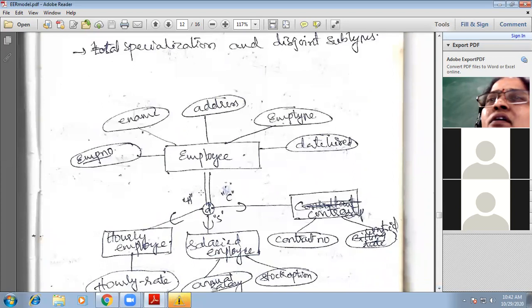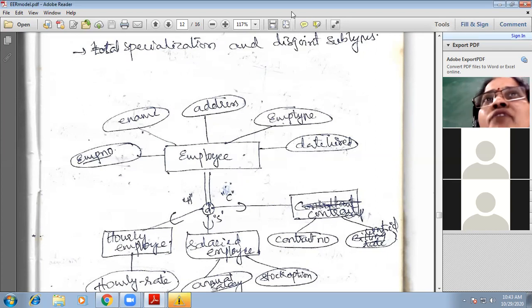For this employee supertype, we have the properties employee number, employee name, address, employee type, and date hired. Now, how do you know whether this particular person is an hourly employee? When employee type is H, then we retrieve data from the hourly employee.